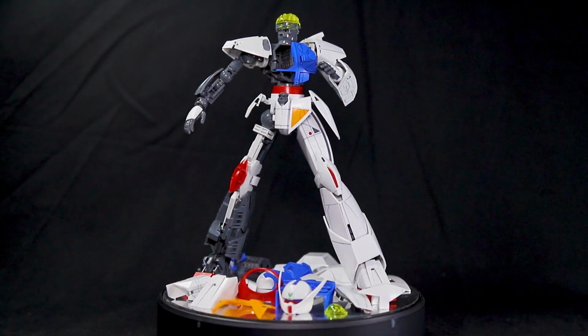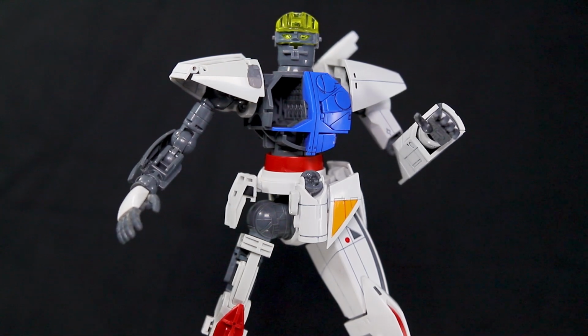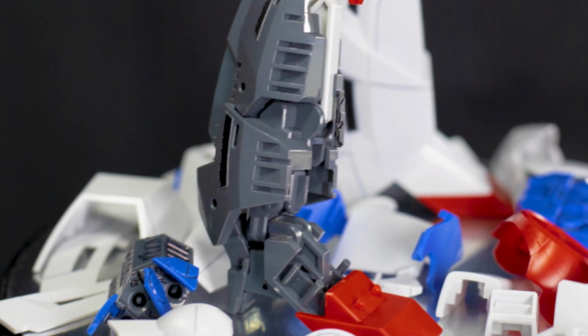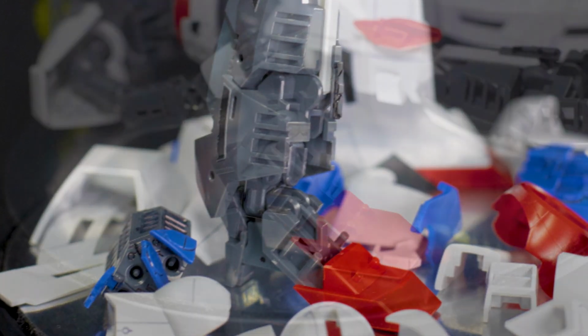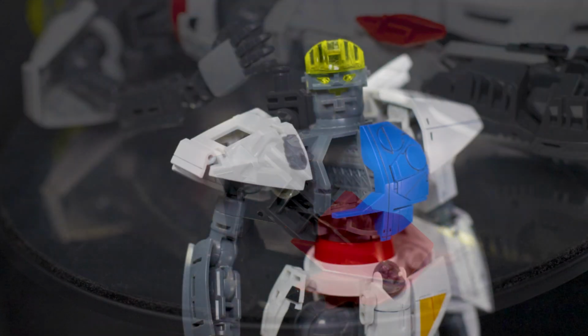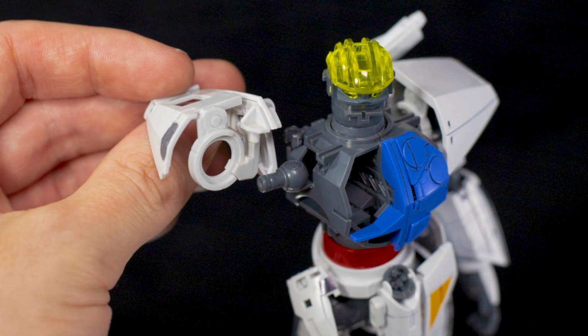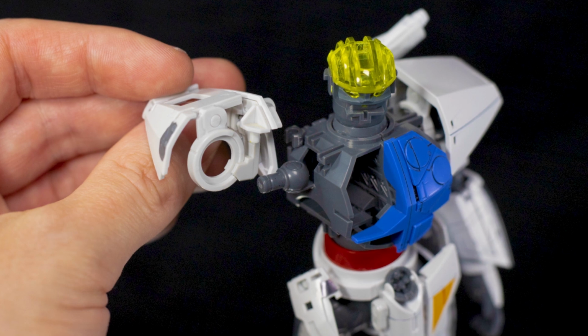The Turn A is probably one of the strangest lead Gundams in the entire franchise, so naturally this build was really out there. Like, you'd expect the ankles to be the standard ball joints, but nope, it's a hinge connected to a swivel connected to another hinge. Well, what about the shoulders? You'd expect they'd get a hinge too, right? But nope, it's some kind of ring with a swivel that connects to the back of the chest with a